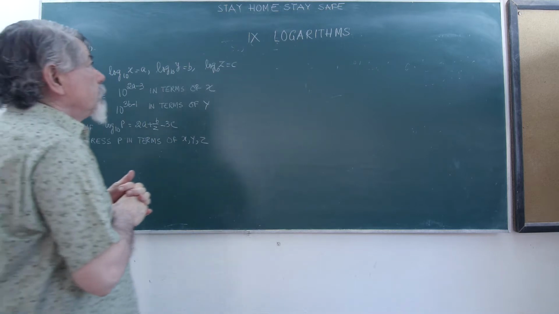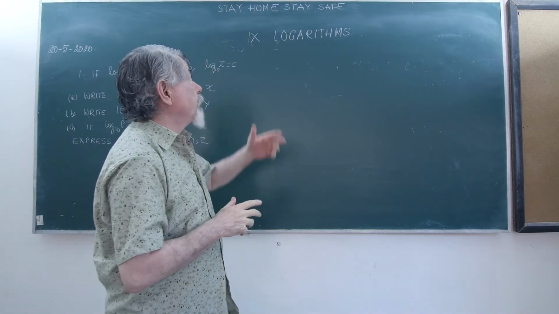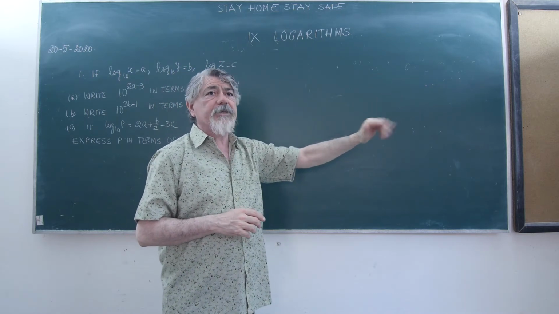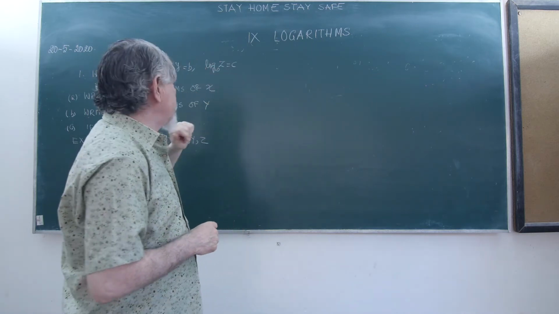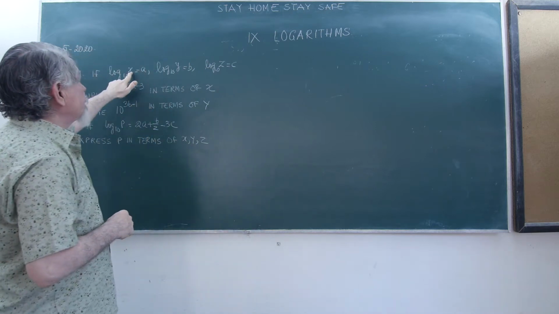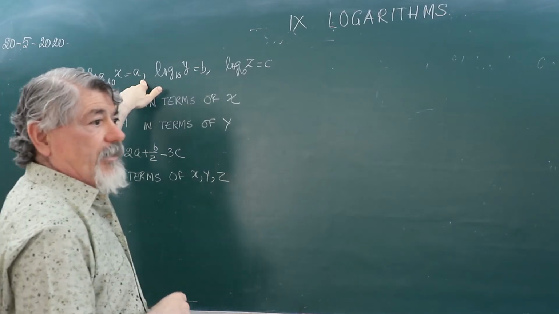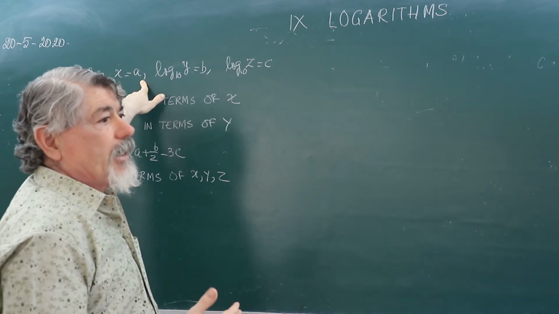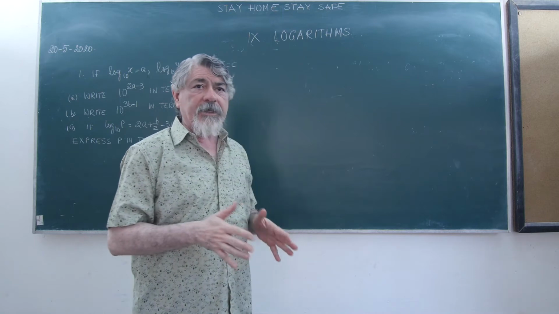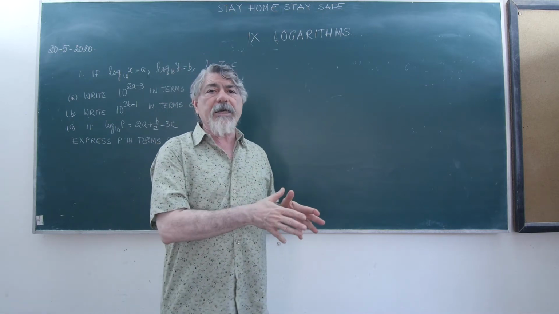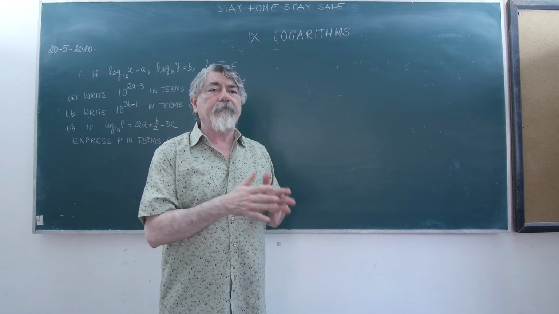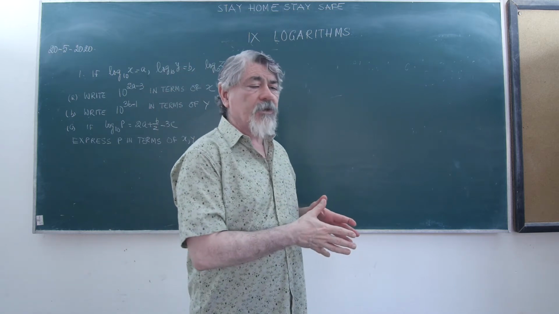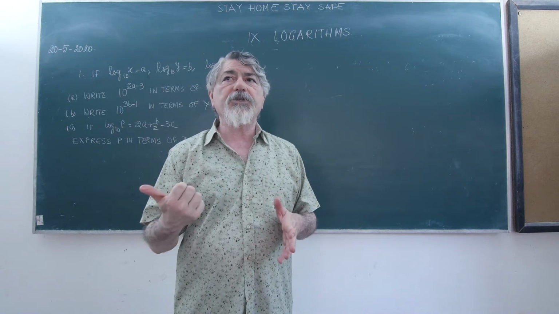Class 9th. We're dealing with logarithms. We've already done some work on logarithms, and now the next question is: if log x to the base 10 is a, when we say to the base 10, that means we are talking of common logarithms. Even if the base 10 is not written and only log is written, it will automatically be taken to the base 10, because it is an accepted norm that if the base is not written, then we should take it as